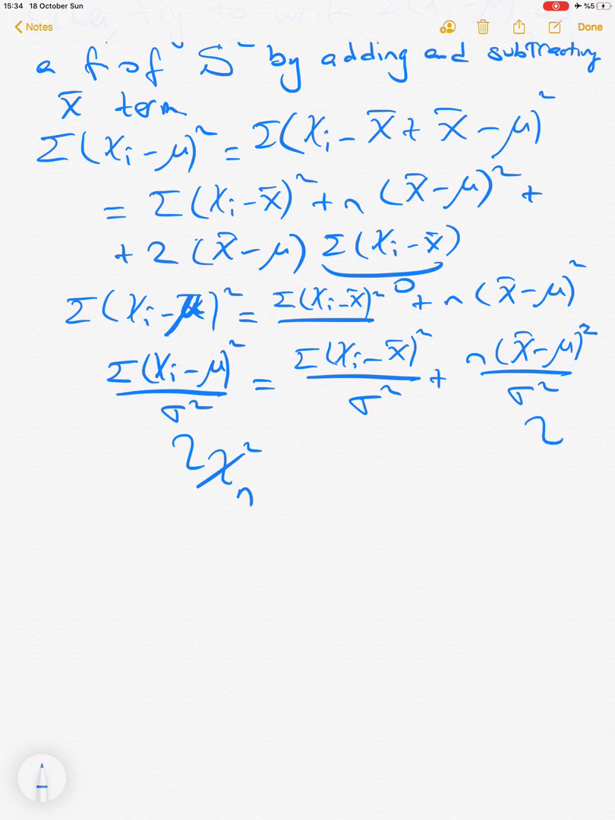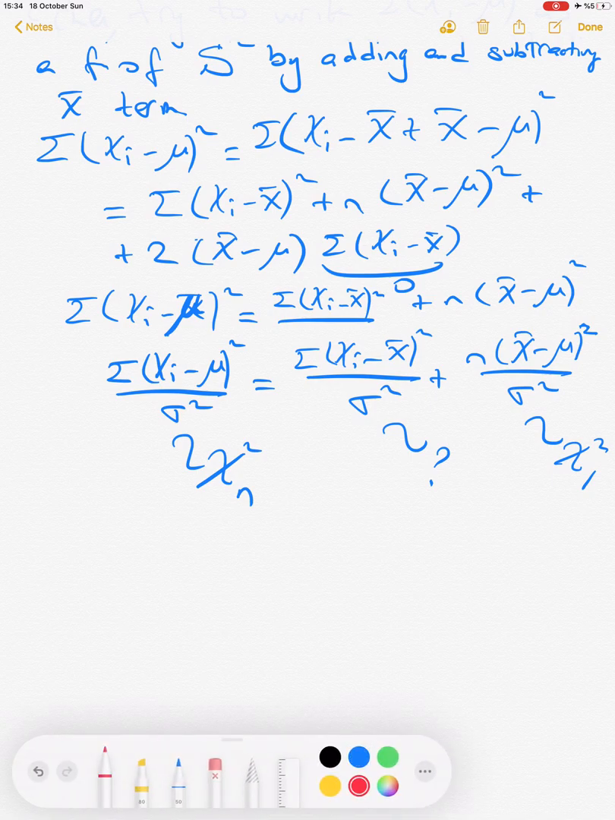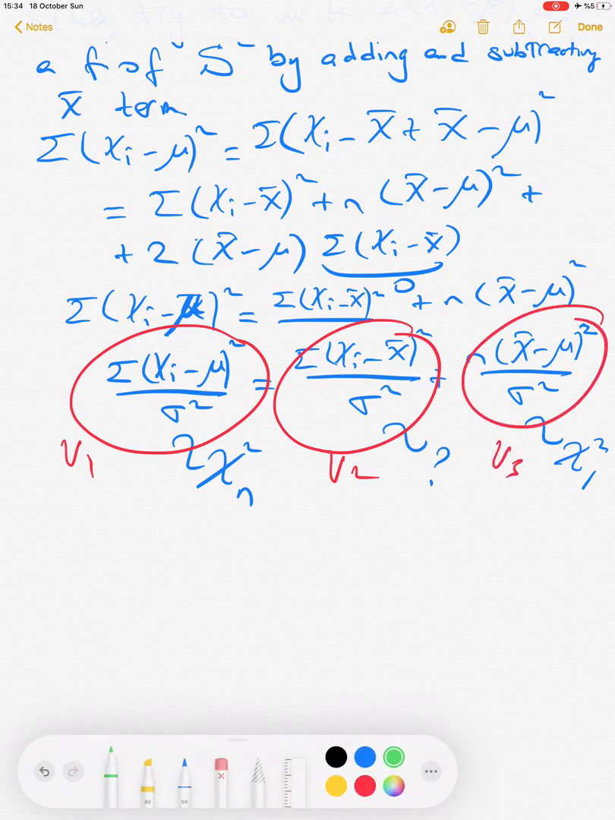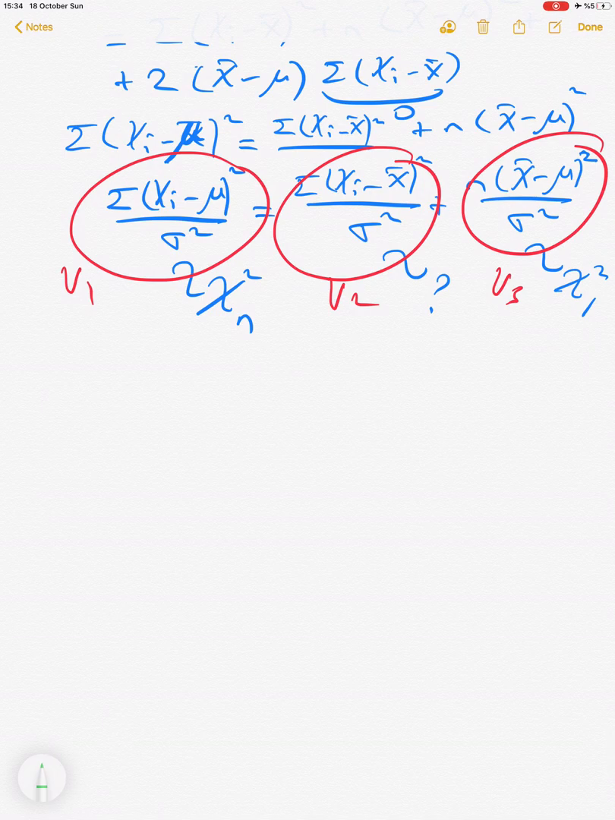Again, we use the theorem and we know that this has chi-square with 1 degree of freedom. So using this, we need to find the distribution of this part. So let's say this is V1, let's say this is our V2, and let's say this is our V3. And we need to find the distribution of V2. Okay, so we have the chi-square distribution, and we know that the s square and x bar terms are independent from each other. So using the independence of s square and x bar,